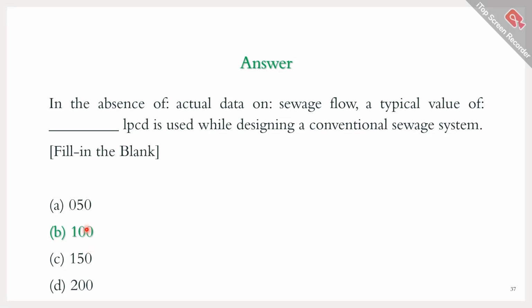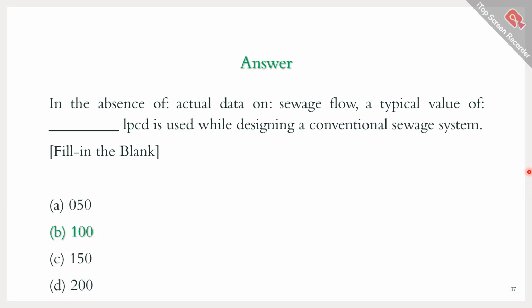So per head flow, that is the per capita flow, per day, liters per day, LPCD. This is given as a thumb rule when the actual data is absent. But the population cannot be assumed. You have to multiply by the entire population of the town